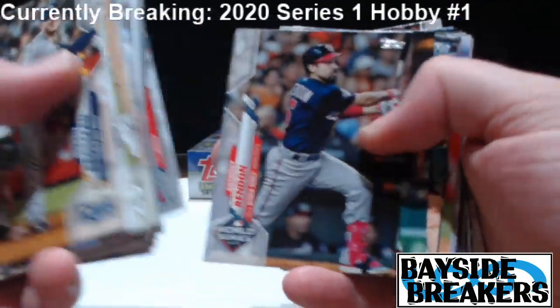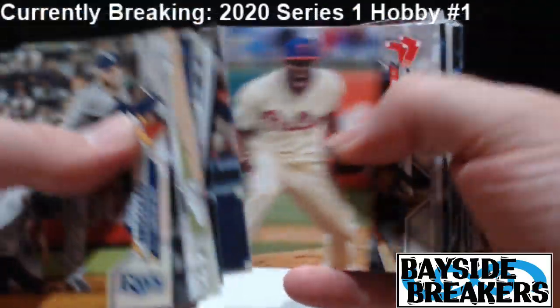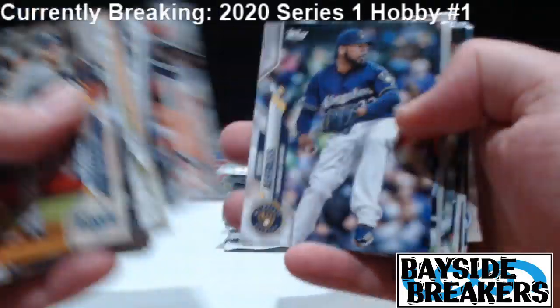I am much closer to Angels Stadium. I'm about 20-25 minutes away from Angels Stadium. And I'm south of Angels Stadium, so really it takes me